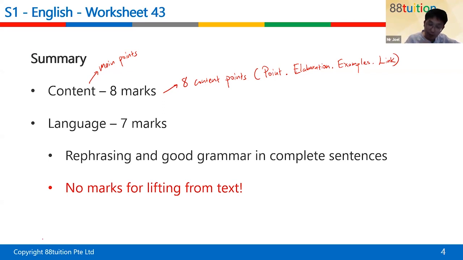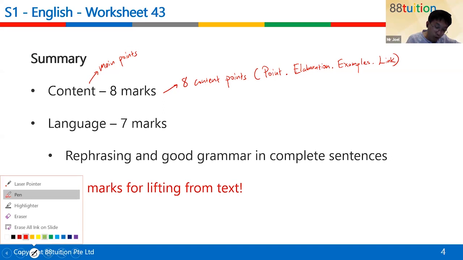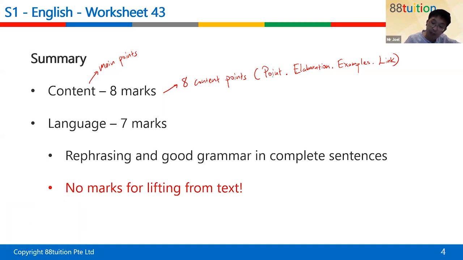Now, during your Section C, the points that you should be looking out for will mostly be P and E. Priority is main points. Number 1 priority. If you can find 8 of these, you are set. Number 2 priority would be elaborations, which are basically explaining what you mean with your main points. So if you can't find 8, then you have no choice. You find the remaining ones in the elaboration part.